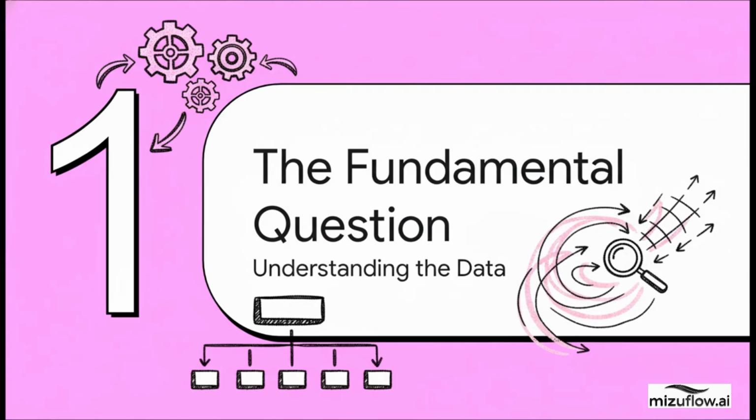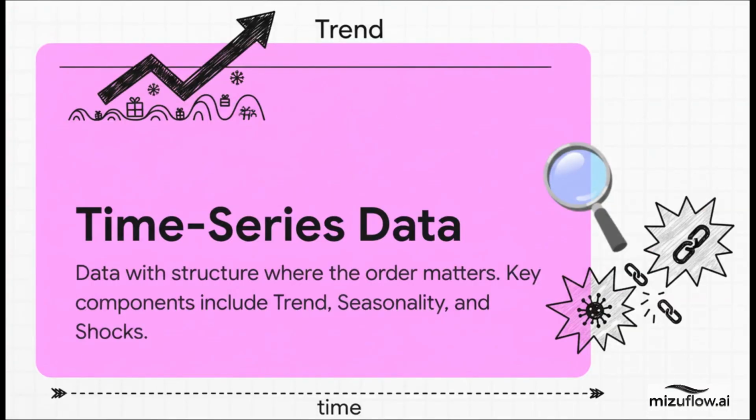But before we can even attempt to answer that question, we've got to get a handle on the data itself. It's not just a random collection of numbers, you see. It has a very unique structure that we have to account for. And that data is called time series data. The best way to think about it, honestly, is like a story. The order of events totally matters. There's an overall plot, right? That's your long-term trend. Then you have these reoccurring themes, like a holiday sales rush. That's the seasonality. And of course, every good story has unexpected plot twists. Those are the shocks. Understanding this structure is the key to predicting what happens next.